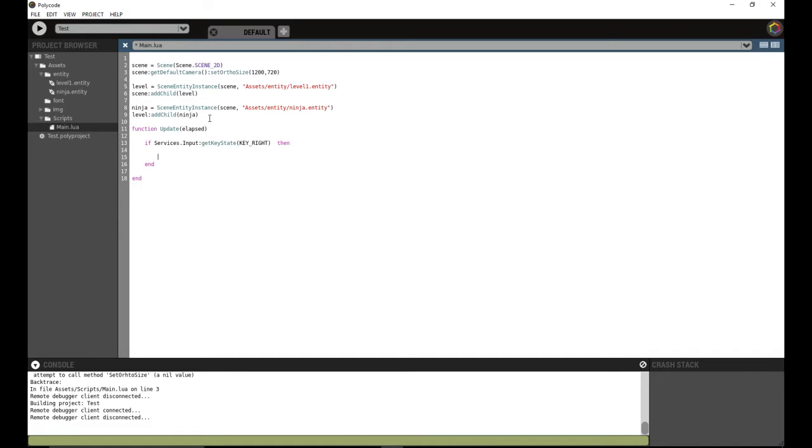I want my ninja to move to the right. Okay, so ninja get position dot x,